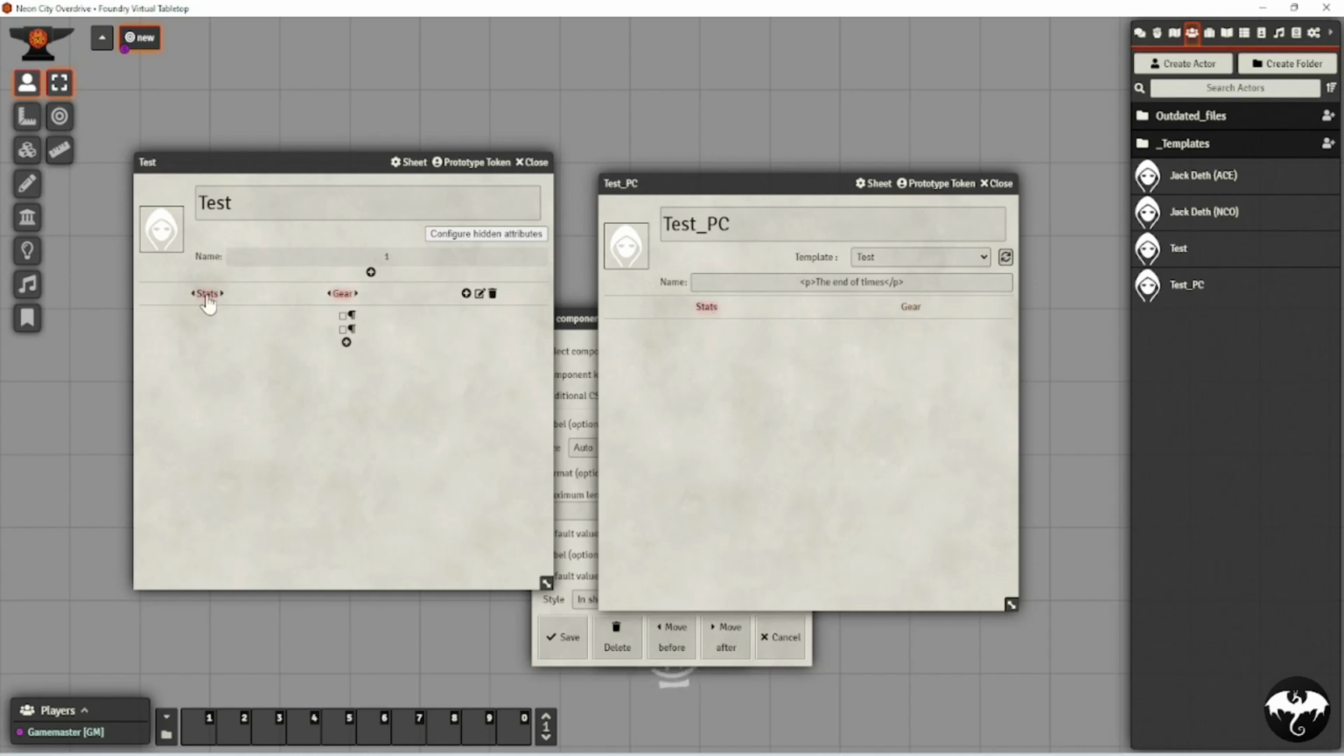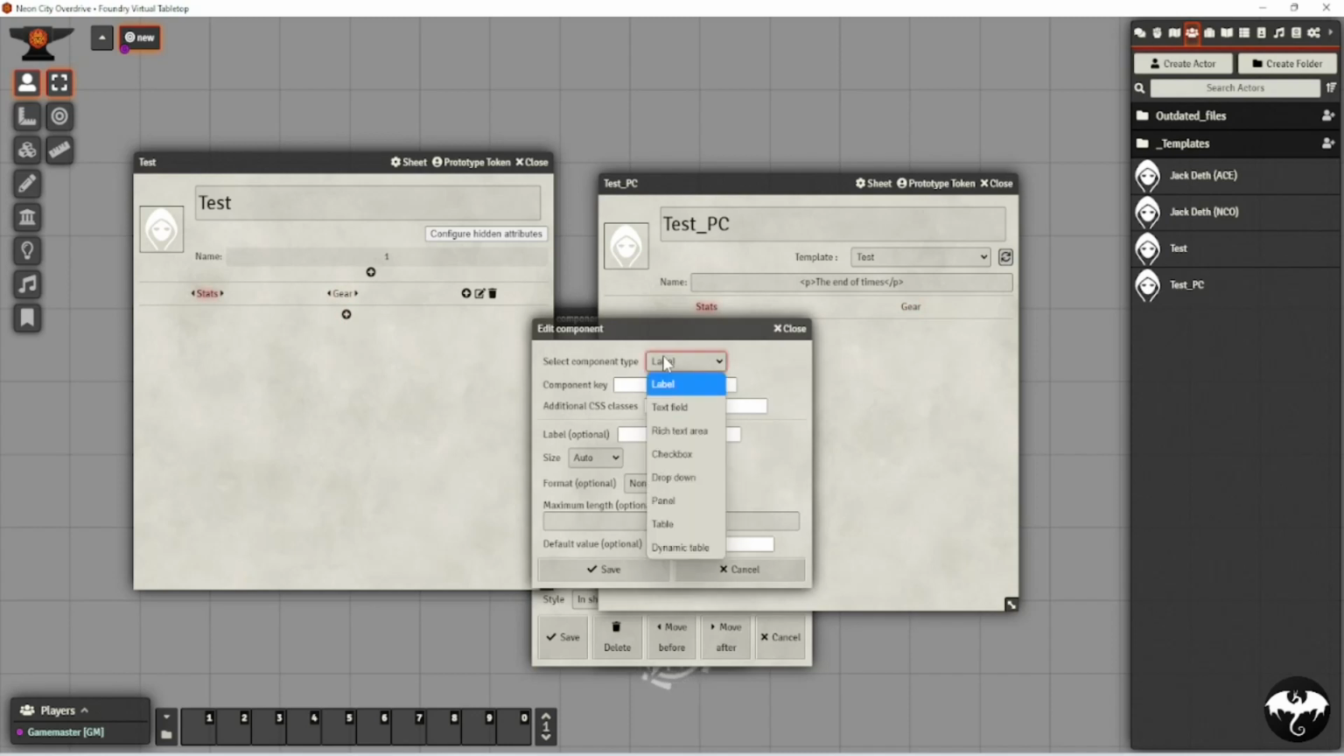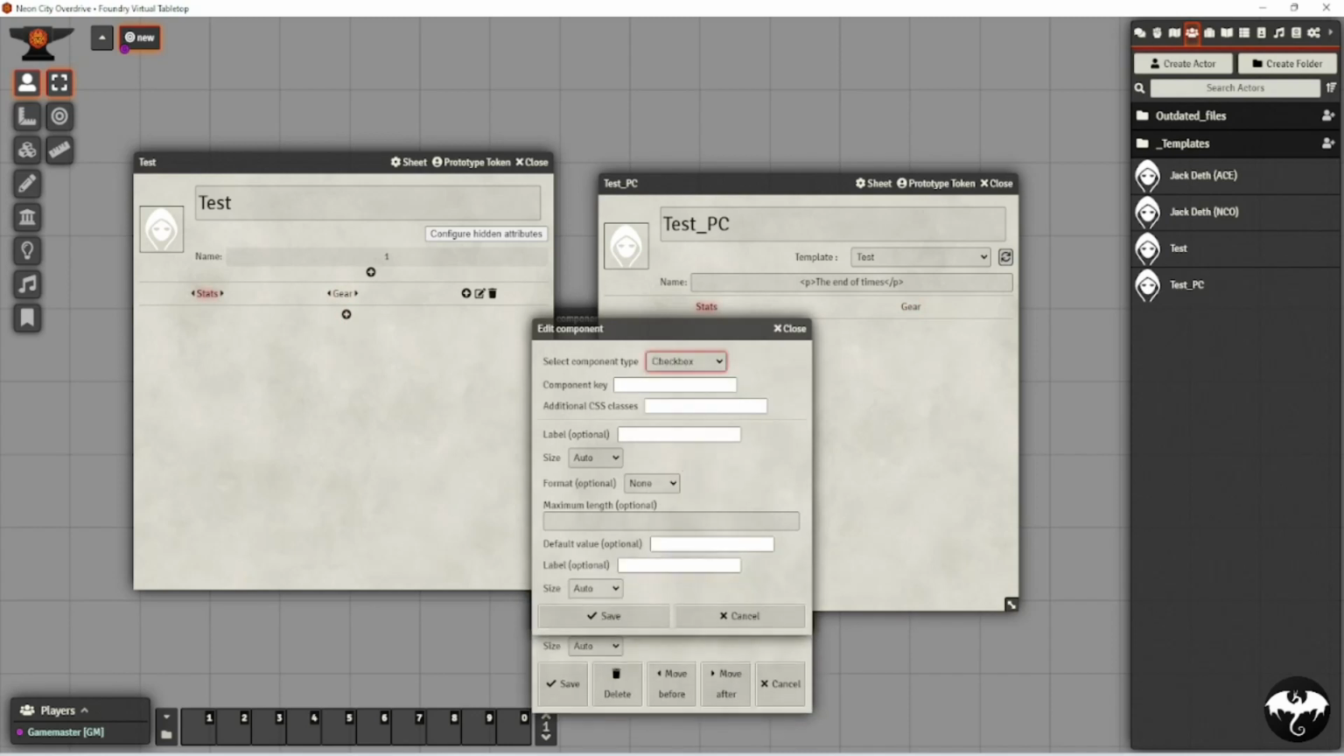So let's go back to our stats and let's add something new. The next one on the list is a checkbox. All this is, if you need something as a checkbox, it doesn't do anything besides this. You have a component key, so this might be fatigued. You need to record if something's fatigued. You have a label optional. We'll set this. As you can see, a lot of the boxes repeat over each other. Maximum length, default value is optional, and label is optional as well. So we'll click save,